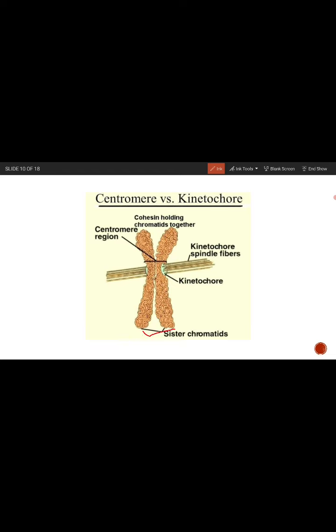These are two sister chromatids. The P arm is the shorter arm, and the longer arm is the Q arm. And you can see the centromere region is this. The whole region is the centromere region, right? And within this centromere region, there are these green things that you can see. The green molecules are the kinetochore. And to these kinetochore proteins, the spindle fibers, these yellow thread-like structures, have been attached.